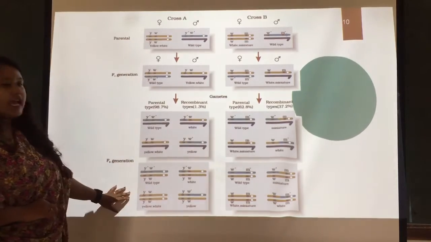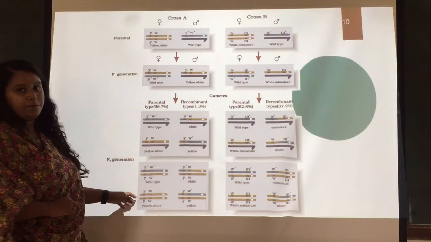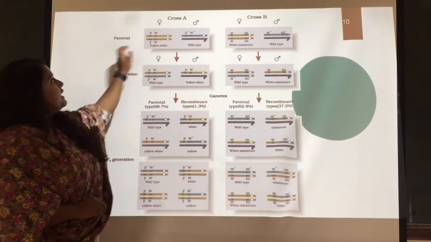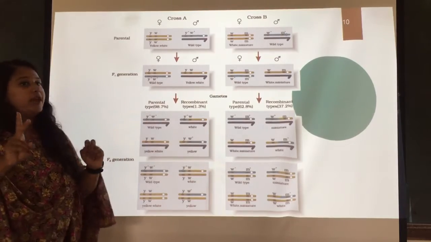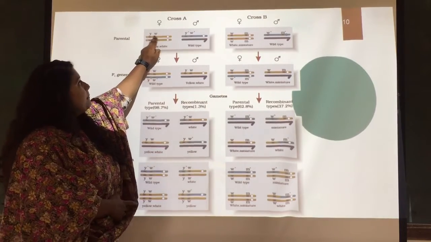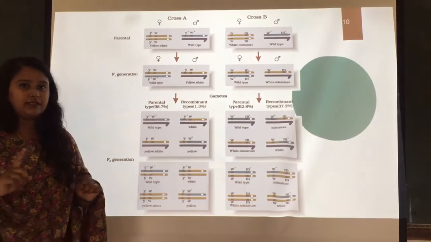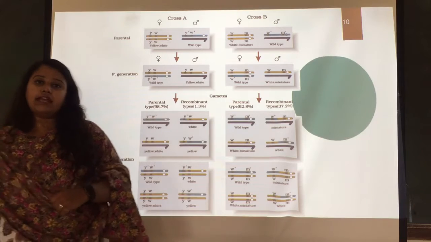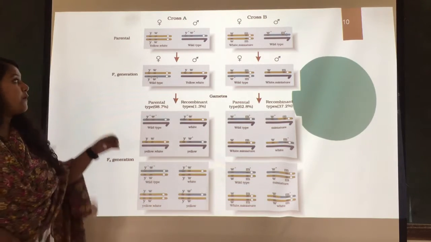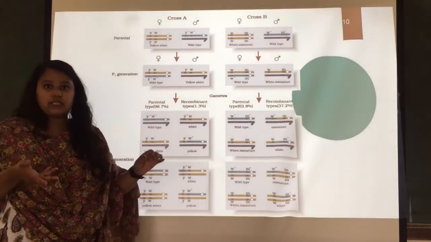Here this is the cross A and this is the cross B, right? First we will see cross A. Now you may see this particular Y and W, right? Here I have shown you 2 types of Y and W. Here I have not shown the plus sign, but here I have shown the plus sign, which depicts dominance. Wherever the plus sign is present at the top of Y, it is said to be dominant, and here it is the recessive one, right?